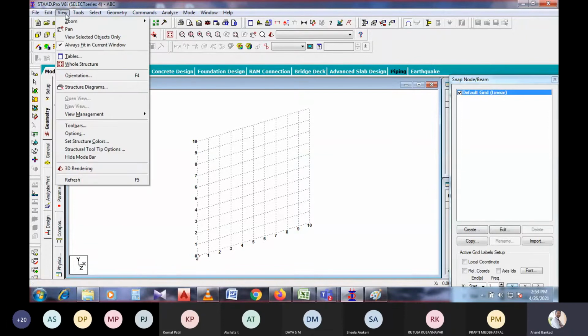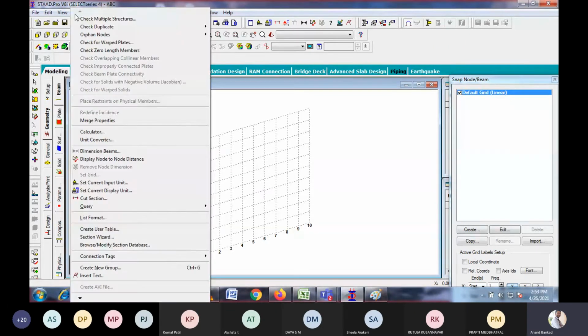After that, View has a zoom view and a pan, the same as the options in your AutoCAD; the same functions are carried out here. And then Tables: once you start selecting the particular analysis, you will come to know all these options. Next we have Tools.